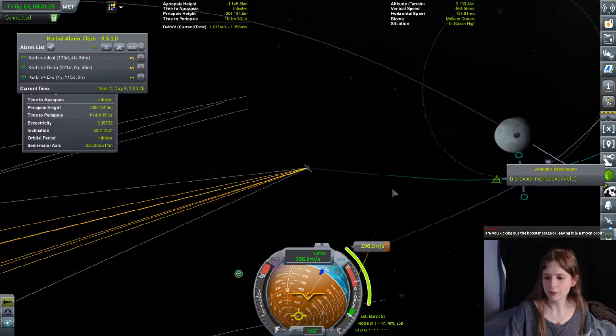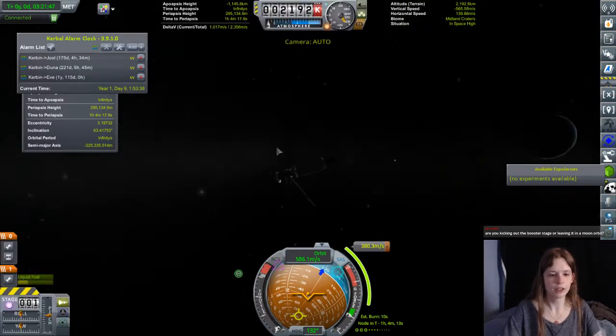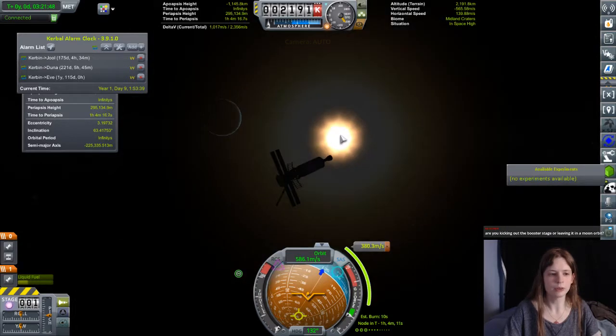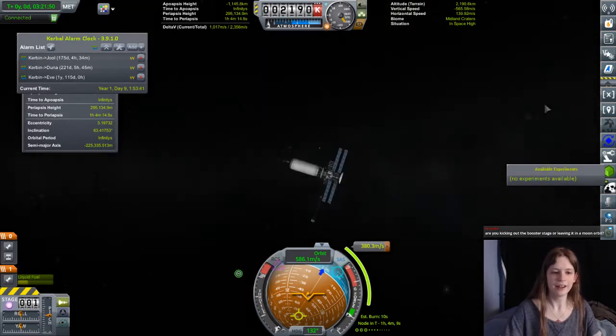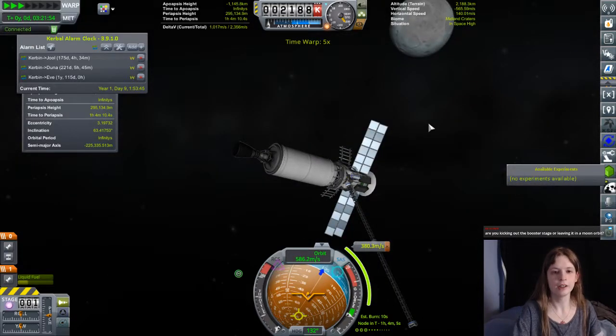Are you kicking out the booster stage or leaving it in moon orbit? I was going to kick it out. I was going to see how much delta V this required. But if possible, I will, yeah, kick it out, because we don't need it orbiting the moon. That's a good picture. And it's 300, and oh yeah, we have more than enough delta V. So yeah, I'll probably do...